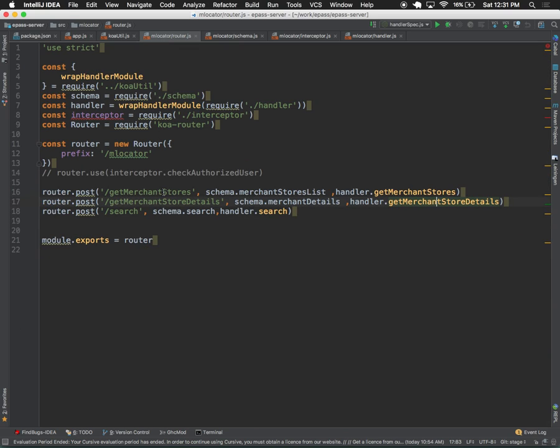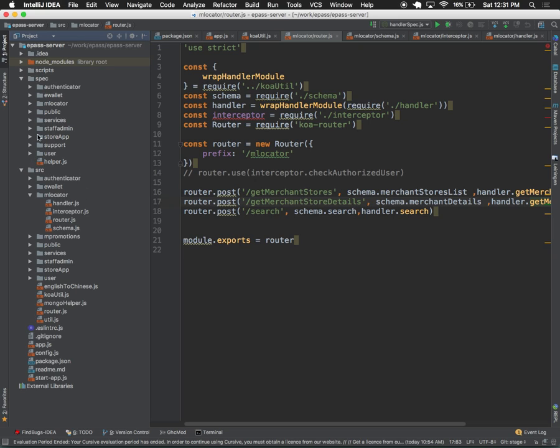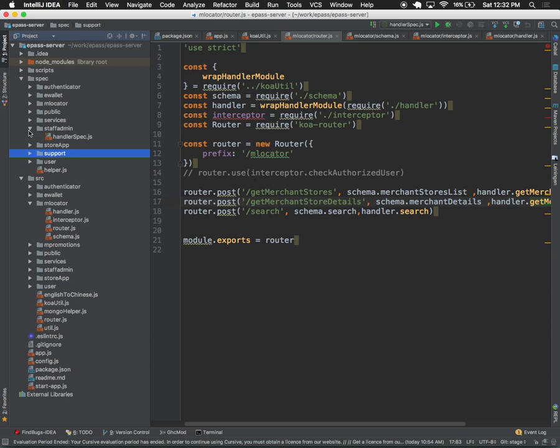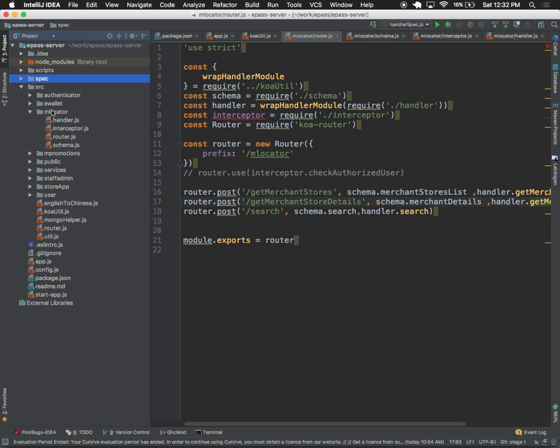Okay, so everything starts from the routes. We have different modules all together here. Is it visible? These are the different modules, and in each and every module you have what we discussed earlier. Oops, sorry, this is the specs. Yeah, this is the one.